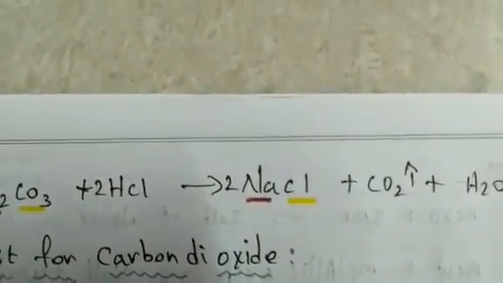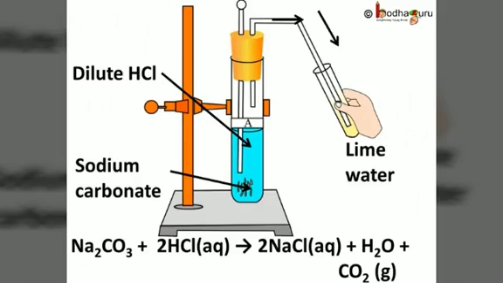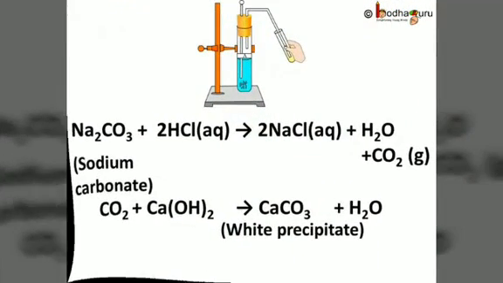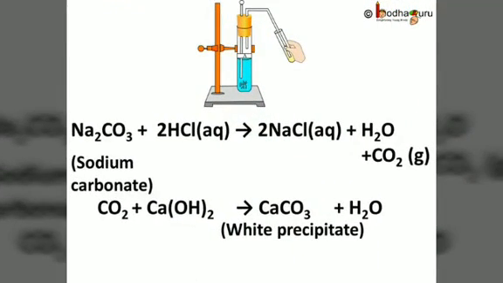Now you are going to see the activity. Let's do an interesting experiment. We take very little sodium carbonate and sodium hydrogen carbonate in 2 test tubes. Now we add a little diluted hydrochloric acid to them. We pass the gas produced in each case through lime water, that is calcium hydroxide solution. We will get a white precipitate of calcium carbonate. This means the gas produced is carbon dioxide.